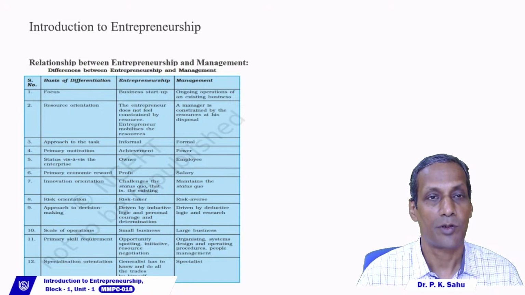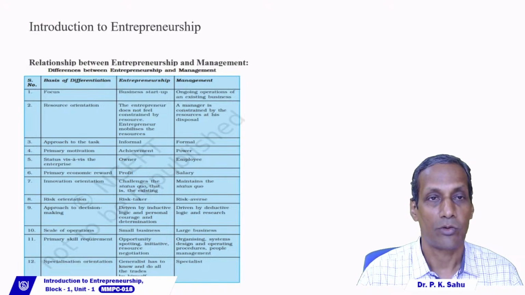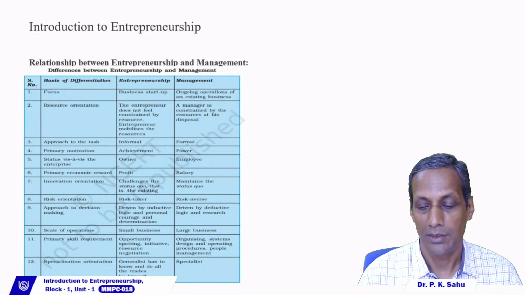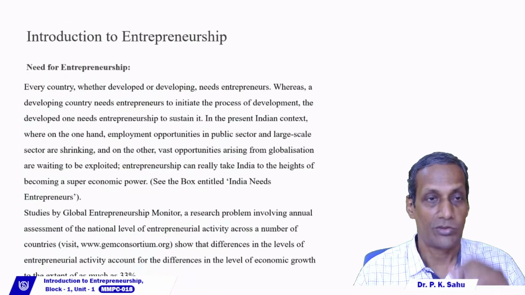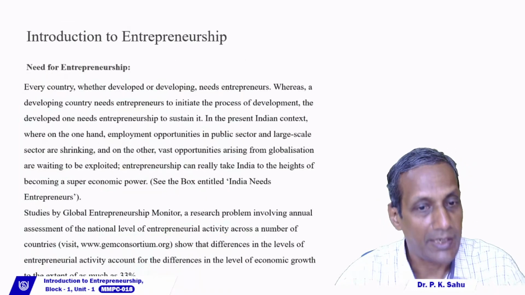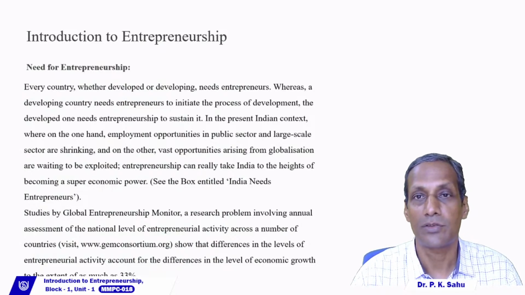The primary skill requirement for entrepreneurship is opportunity spotting, initiative, and resource negotiation. But in management, it's all about organizing, systems design, operating procedures, and people management. The orientation for entrepreneurship: a generalist has to know and do all the trades by himself, but in management, we look for specialists. So the need for entrepreneurship: every country, whether developed or developing, needs entrepreneurs because, as I told you